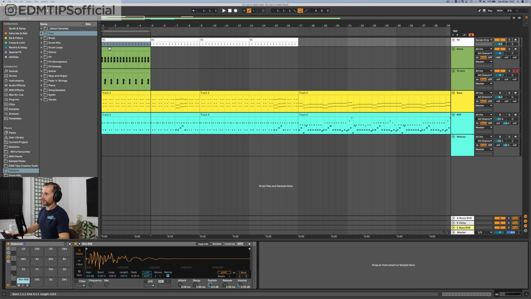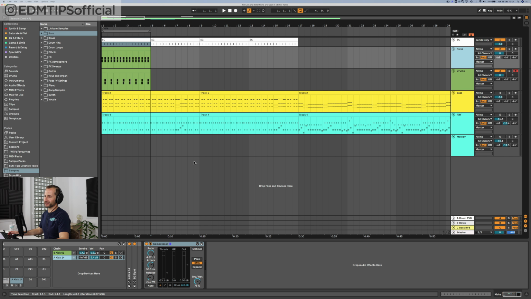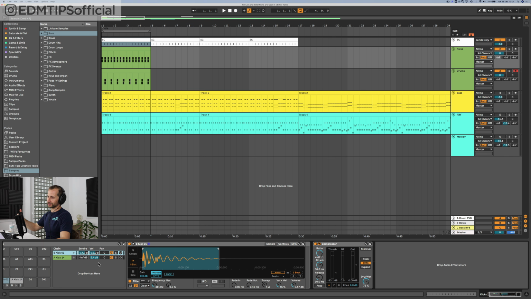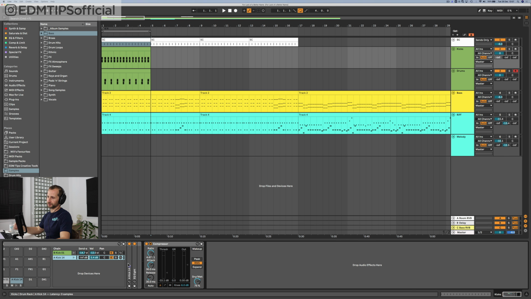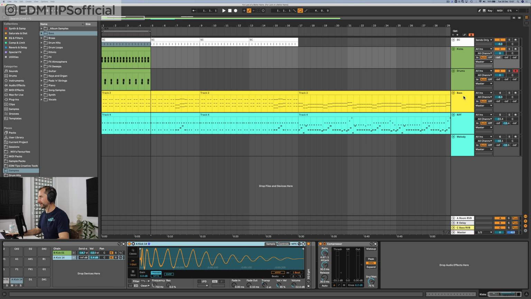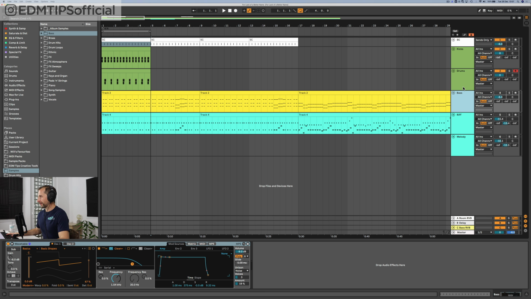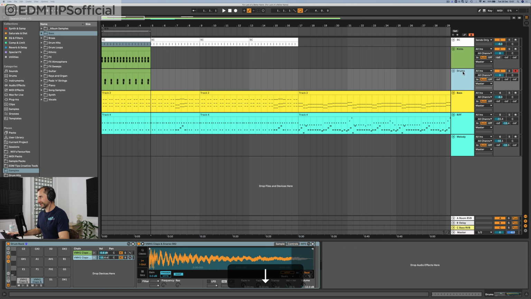The reason I do that is because you've got more control over the length of that duck. If you're using a sidechain signal from the kick, it's going to duck it for as long as that kick sample is. So using a short, sharp tick just gives you more control. So instead of making bad jokes about waterfowl, let's actually apply some of this compression technique.